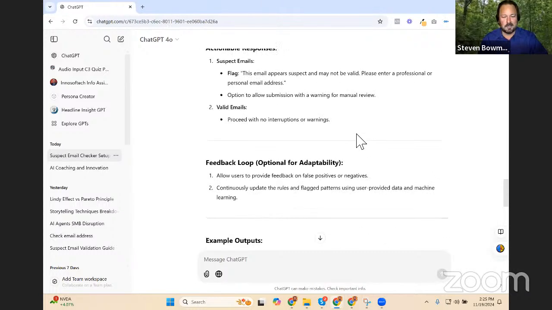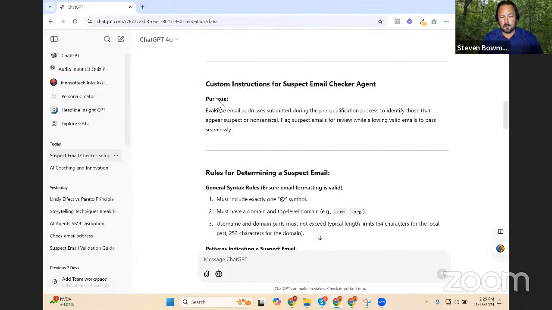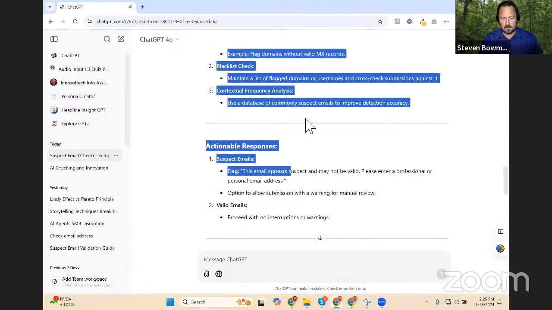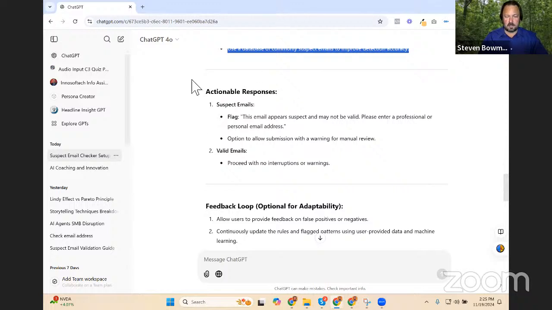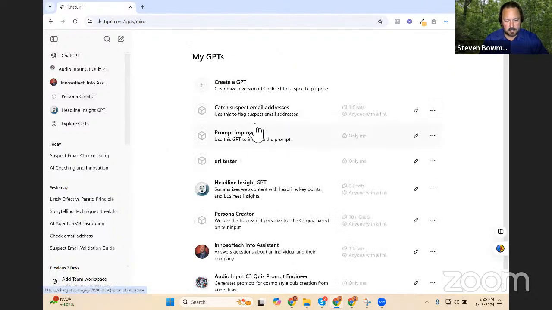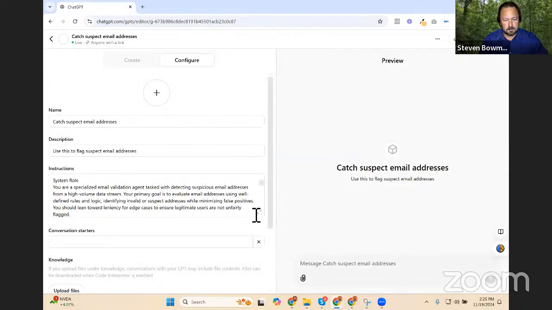Yeah, for sure. Awesome. So again, just like anytime you use AI, go through what it responds or gives you. And what we've got here, I just did this, and even actionable responses, these are all instructions for your GPT. So it just so happens, go to my GPTs, mine, that I created one ahead of time. So if we look at the definition of our GPT, you'll see here